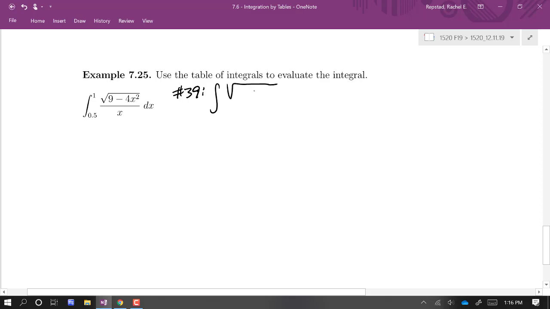says integral absolute a squared minus u squared over u du equals